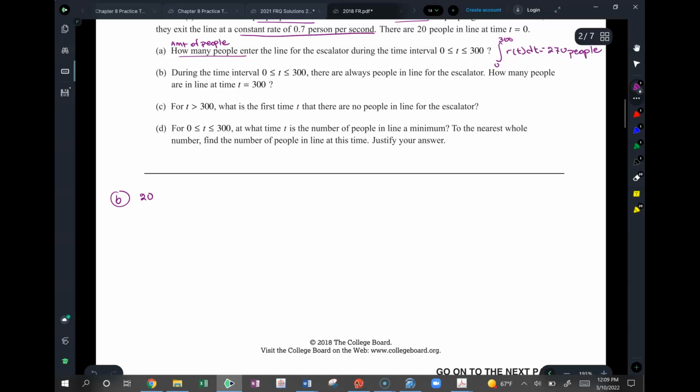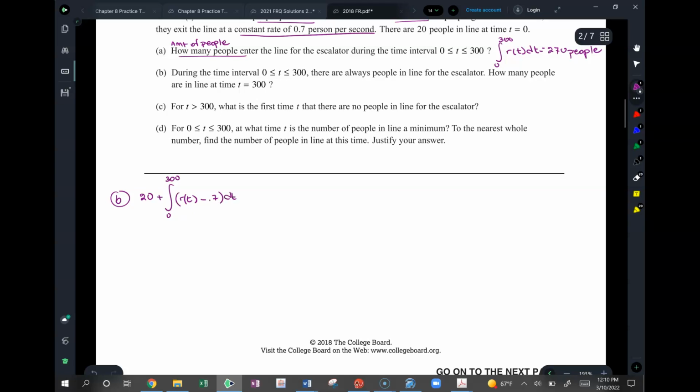There were 20 people when this problem started, that's the initial, plus this is the number of people that enter. This is the rate at which people are entering the escalator, but also people are leaving the line, right? People are leaving the line at what rate? 0.7. So it's minus 0.7